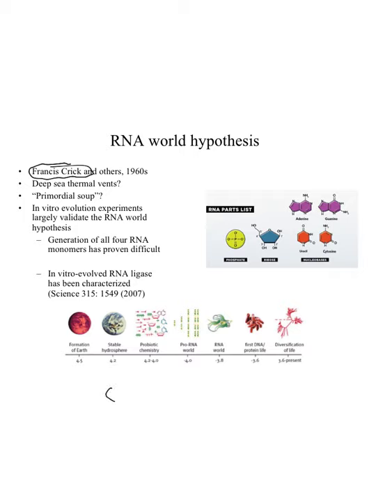A monomer is a single unit. I'm going to represent it as a circle. If we have a bunch of these circles floating around and they carry information in the form of, hey, this one's an A, this one's a U, this one's a C, this one's a G, that's really not that useful. But if we can start linking those monomers together into what we call a polymer, well, now we have